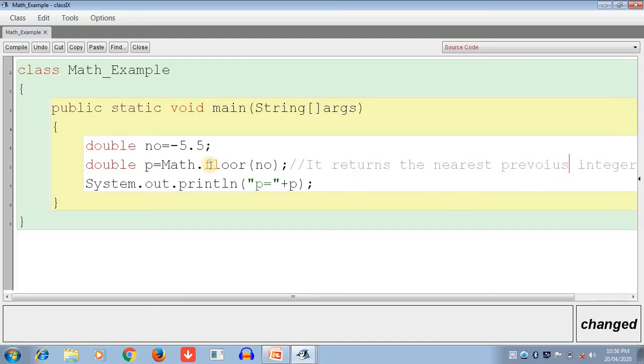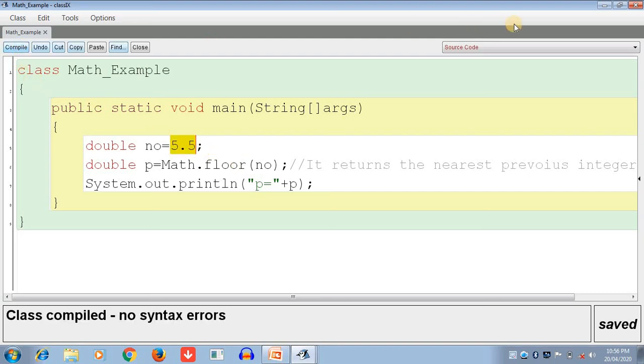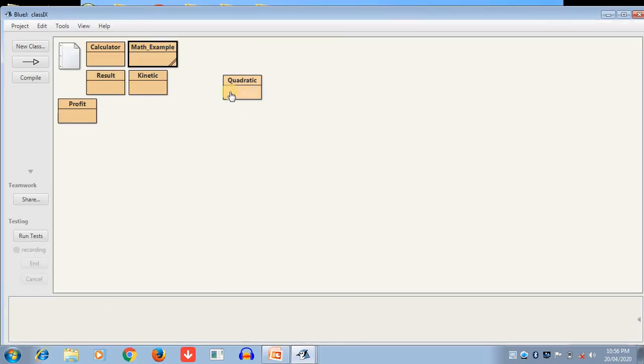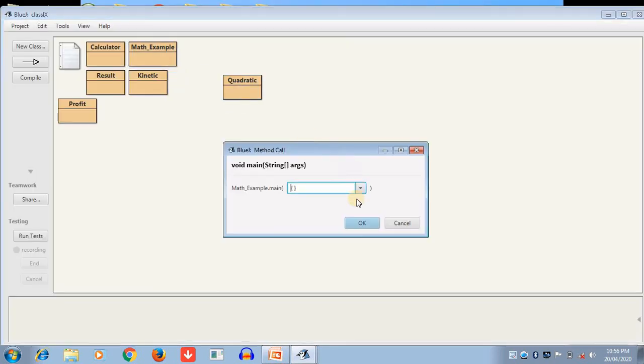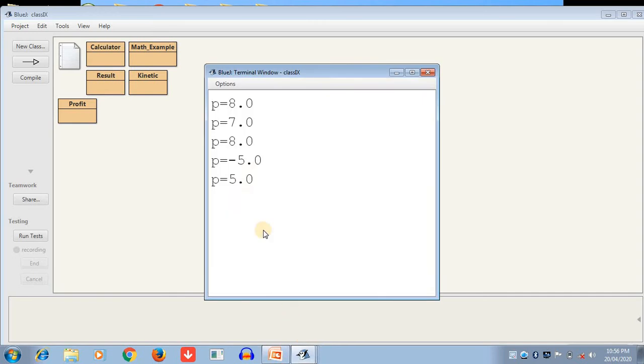If you put 5.5 here, the previous value will be 5.0. Look at the output of the function: it is 5.0, a float.